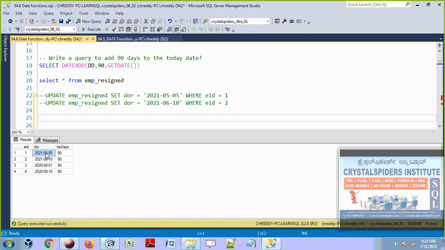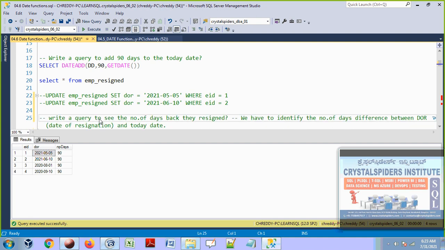Now I am going to write the SQL query. I will see the difference between today's date and the date of resignation. Then I will get how many days back he resigned. So write a query to see the number of days back they resigned. We have to identify the number of days difference between the date of resignation and today's date.